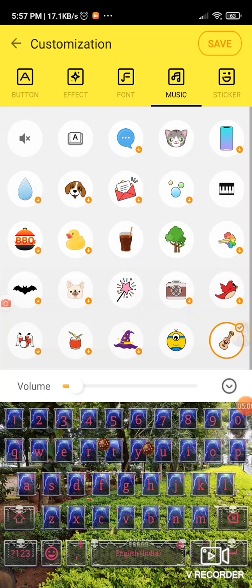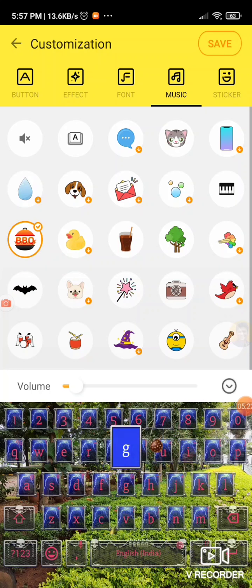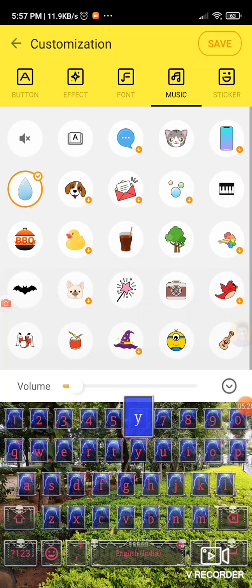You have a guitar sound, you have a camera click, you have a small drums, bat sound, barbecue, droplets. So different sounds. Anyway, I don't want to have any sound, so I'm selecting none. And you can also have a different volume for the sound.